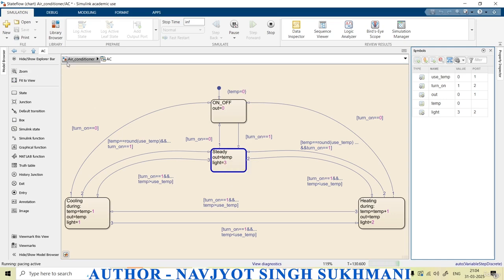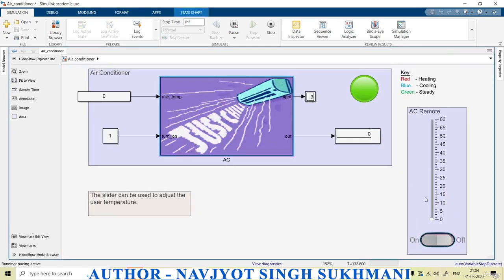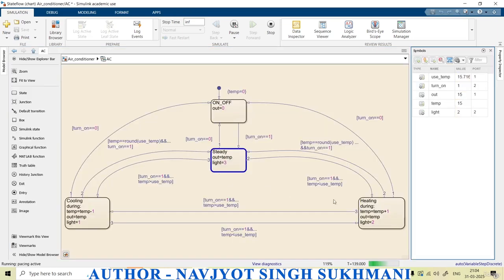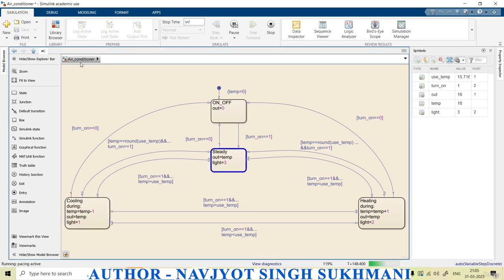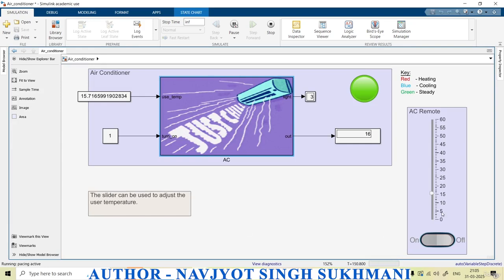Fine. And there is one more operation when I'm having my temperature at 15. Now you can see it is moving here and there, here and there. So that is the changing of the temperature, in between, to maintain the constant temperature. So this is the output temperature, I can say. Now you can see if I'm